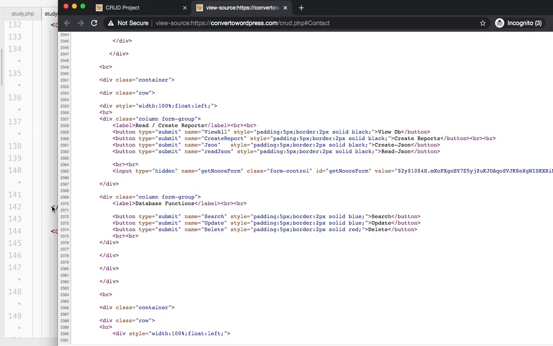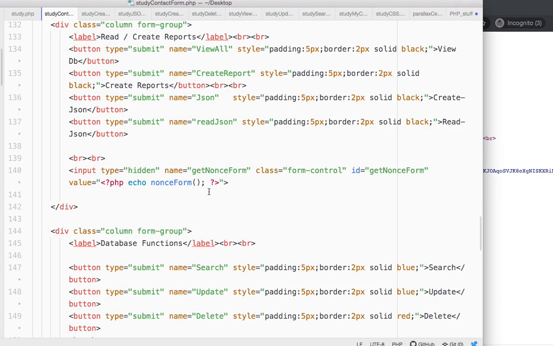Same thing hidden here. Now we have this command. This is an HTML that's embedded within the value qualifier. And you're wondering, well, what is that? Well, I want you to echo something. You know, like if you say